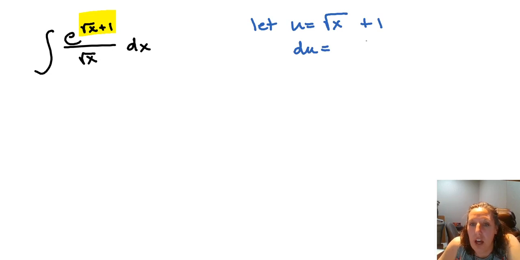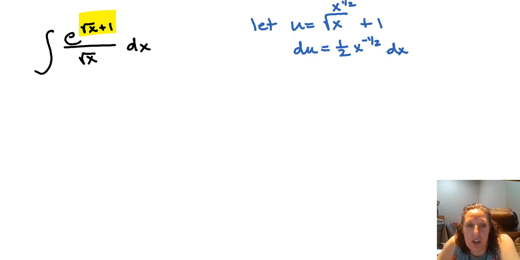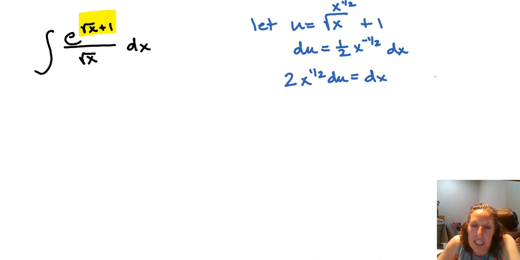And the derivative of that is, well, the derivative of the square root of x, that's the same thing as x raised to the 1/2. So that's 1/2 times x to the negative 1/2. And then the derivative of the plus 1 is 0. Multiply both sides by our differential dx. I don't see anything exactly like that, so I am going to go ahead and multiply both sides by the reciprocal here. So that's going to be 2 times x to the positive 1/2